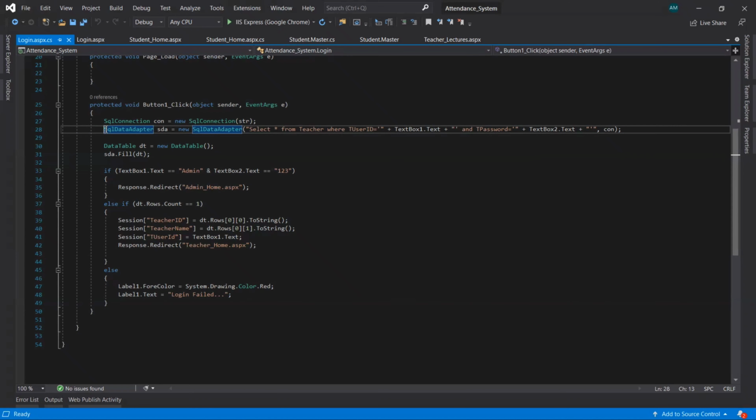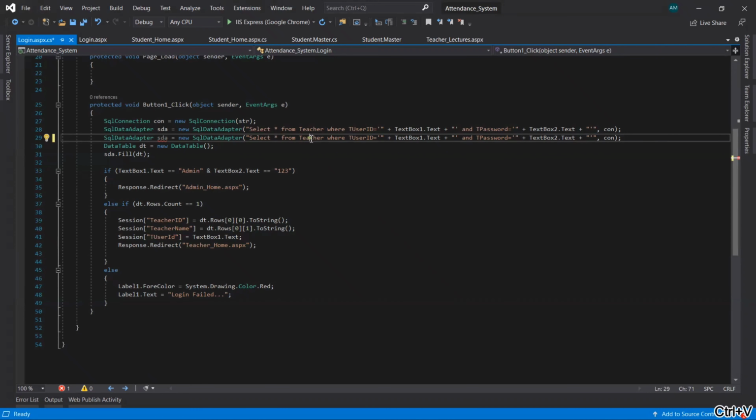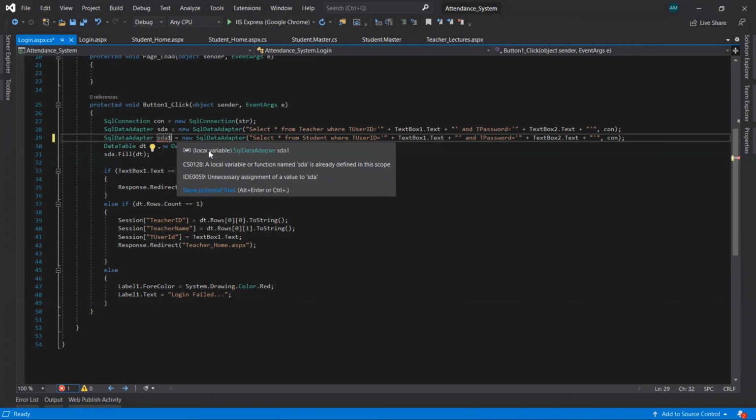take another SQL data adapter class for getting records from the student table. Change the object name.